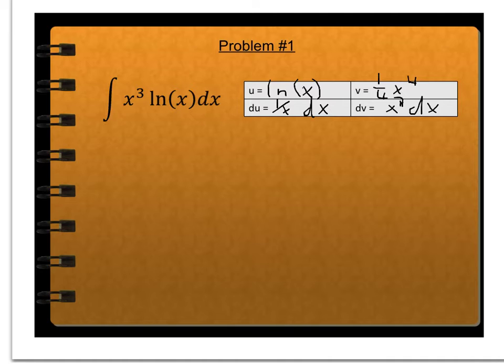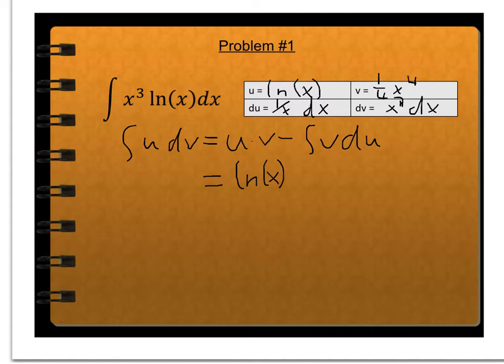And now we'll just write down the equation again just to make it easier to visualize what I have to put in the equation. So the integral of u dv equals u times v minus the integral of v du. So now I can start putting in my stuff. So for u I put in natural logarithm of x, and for v I put in 1/4